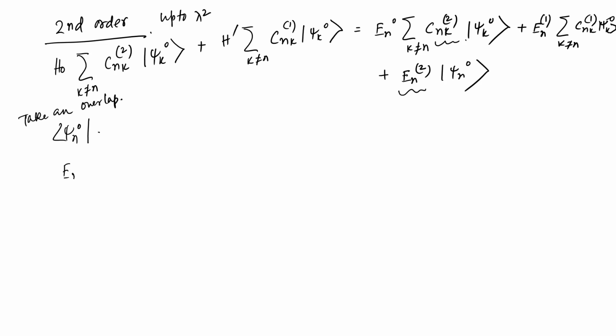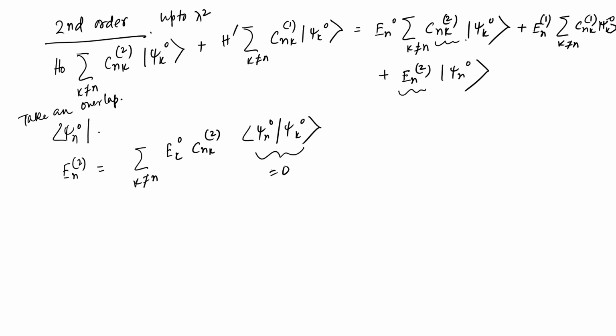That makes this E n 2 free, and you have k not equal to n, a little sort of expression that you have to get to, but there is no option. So, we have psi n 0 and psi k 0, which again gives you 0, because they are orthogonal, and then we have this plus